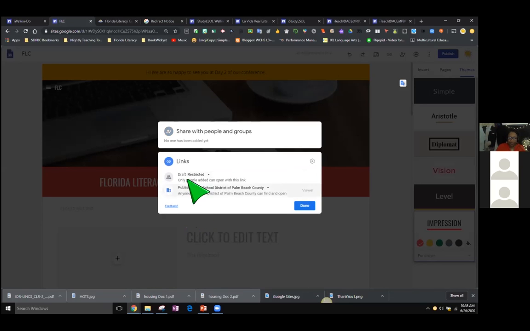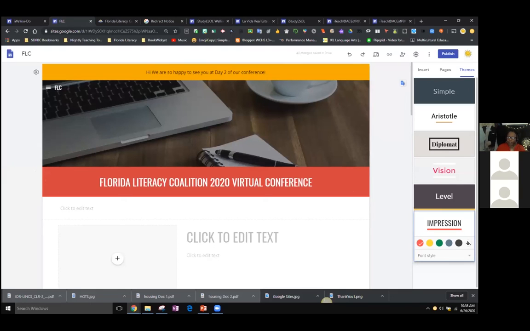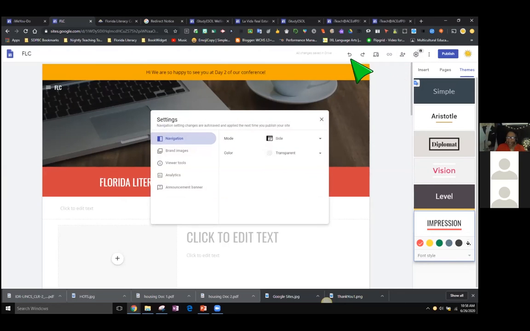Also right here, you can change this to see, for example, I'm on the district's. This is not on my personal, this is the district. So I get to decide if I want this to be published to the district or if I just want it restricted to draft to just a few people, whether or not I want them to be able to go public or the district or restricted. Okay, so that's this tab where you add people. Here again is the settings tab, and it takes you back to the same settings that we experienced over on the other side here.